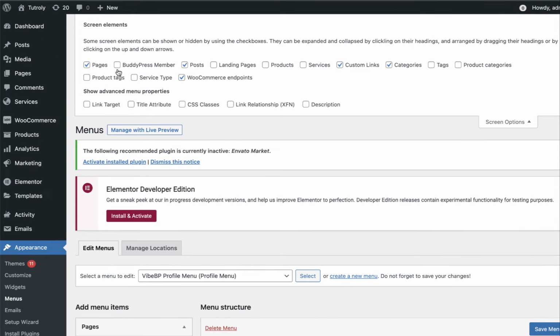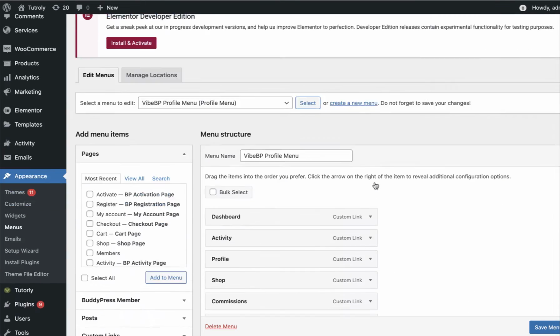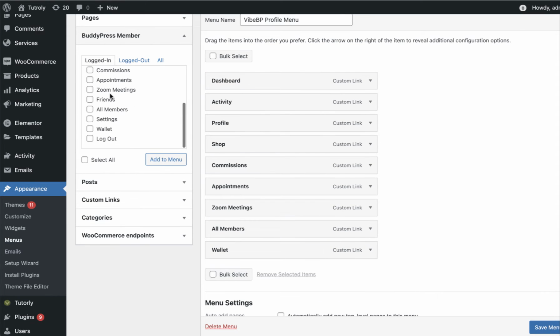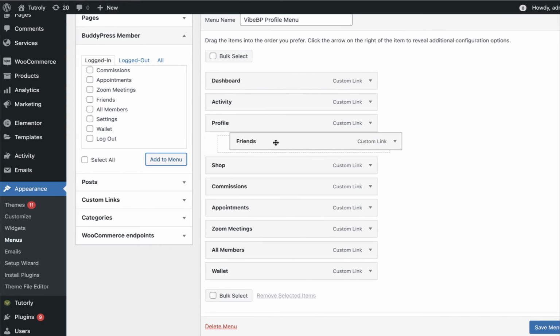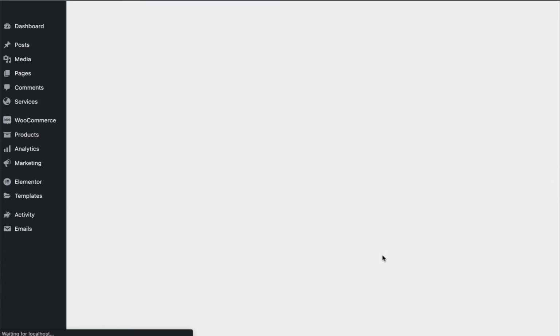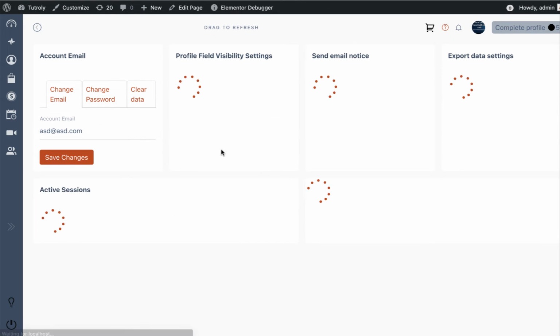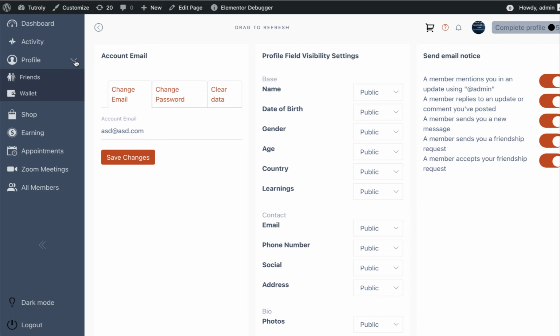Also, you need to enable the BuddyPress member, because each of these is basically a component of BuddyPress, and you can add more items to this. For example, you can add friends to this list, and you can also create a sub level item. We support only one level of sub items. Once you do this, if we reload this page, you see that we have this profile, and under profile we have friends and